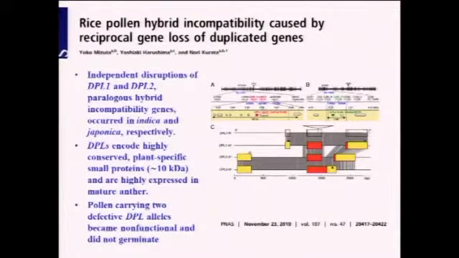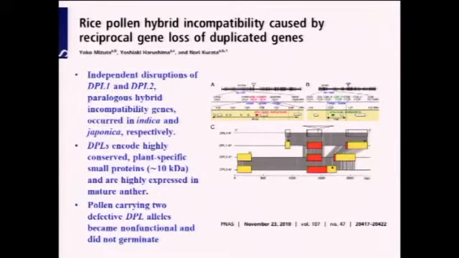And there are a couple of other stories generated from rice very recently. One is rice pollen hybrid incompatibility caused by reciprocal gene loss. There are two genes encoding the same protein, located on different chromosomes, and the hybrid is made in this way. The pollen carrying the mutant from both loci would be sterile. So that is one case,